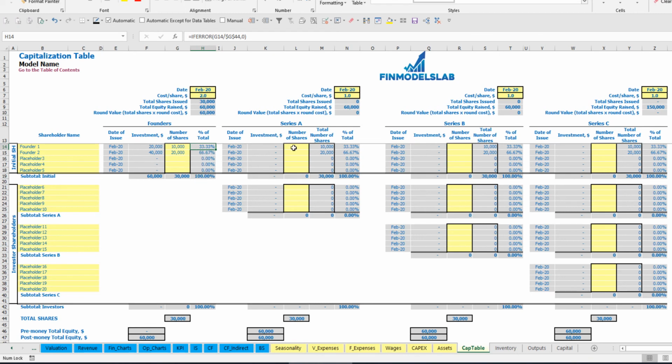67% of shares. So let's pretend that for Series A we have one investor and the date of issuance is May, the cost per share is $5 per share and the number of shares is 1,000. So the total amount of investment will be $5,000. You may see that before the Series A total equity was $60,000, after it is $65,000,